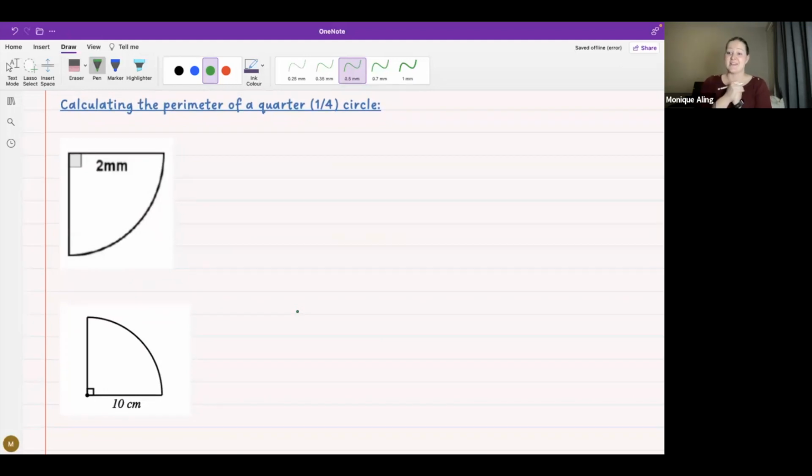So once again, our formula is going to change, but it's still based on the same thing. Remember, we have a curved part. In order for us to work out the perimeter of the curved part, we still need our 2 pi r part of the formula. The pi times radius gives us the curved part. However, this time,